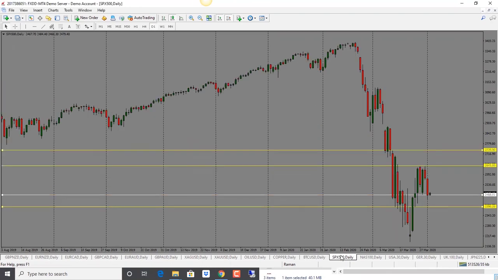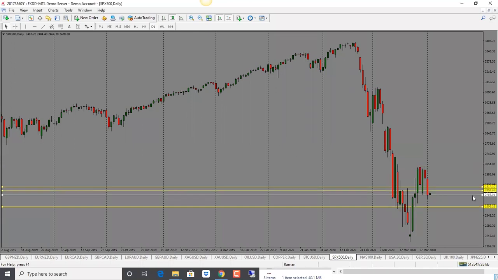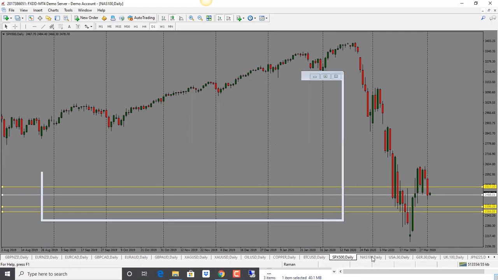S&P 500, we were looking for a drop. We got that right into our support level, in fact. So bias is still bearish here in terms of a pullback. 2520 could be a good level for a pullback here, and then a further drop. So bias is bearish. 2400 is the first target here. And should it go through that, we're looking at 2360. So bias is bearish for S&P 500.